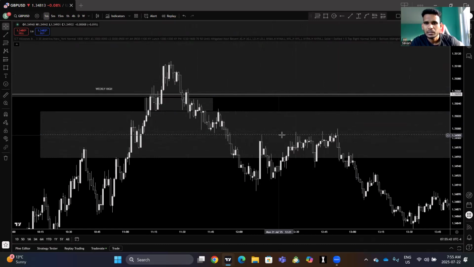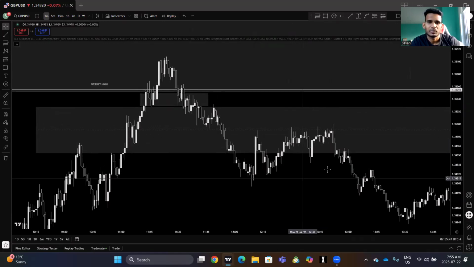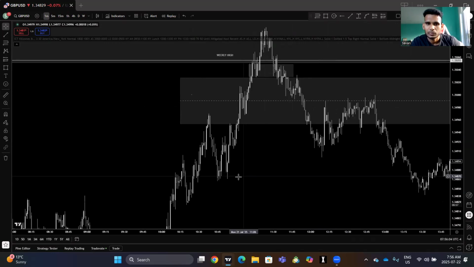So you can clearly see the 50% level clearly acted as resistance. Price failed to close above the 50% level of the 15 minute fair value gap, and it clearly acted as resistance. As soon as it gives the final sweep and the structure shift, you should enter the position. If you're scared to enter, you can enter inside the fair value gap as well, put the stop at this high, and expect lower prices at least to this level.